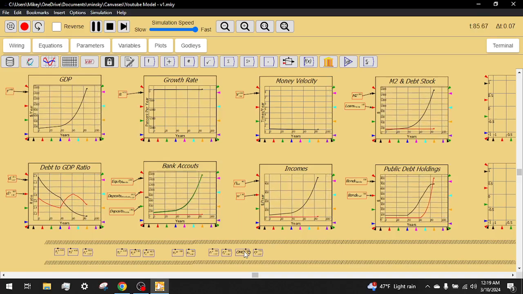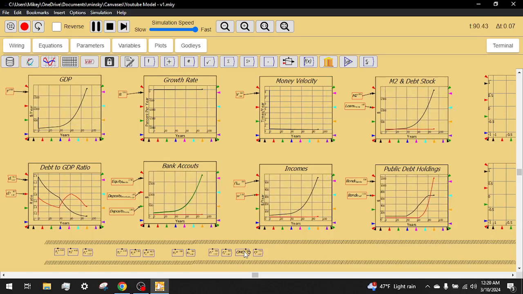And if all of the bonds are being purchased by the Fed and none of the bonds are being purchased by the banks, then you get this situation. The banks' bond purchases flatline, the Fed's bond purchases explode,